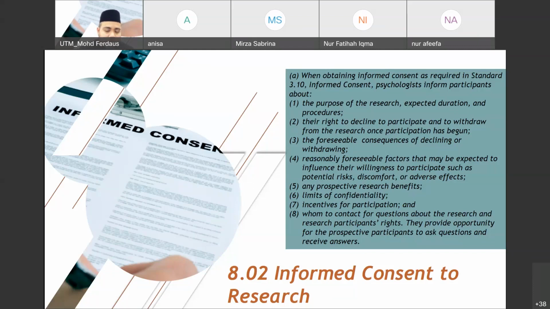We're going to look at it later, because too much incentive is also not allowed. We are allowed to give some incentive because of the time and effort put forward by our participants, our respondents. But the amount itself should not be something that will force them. Say, for example, you go and ask homeless people to answer your survey.